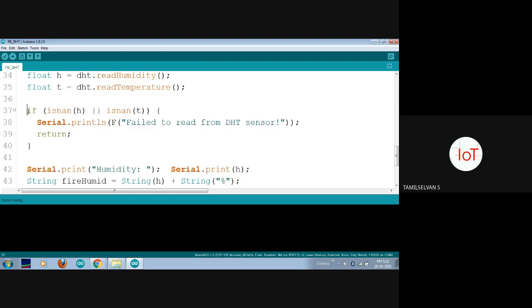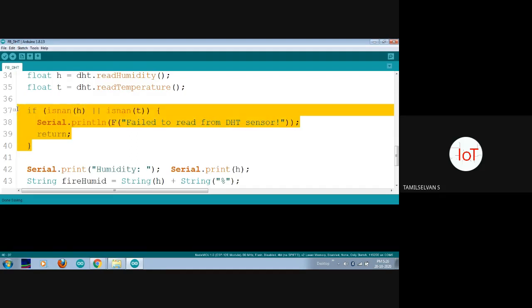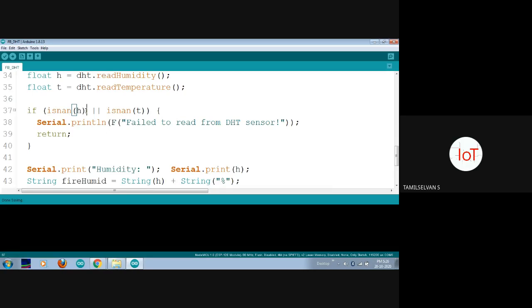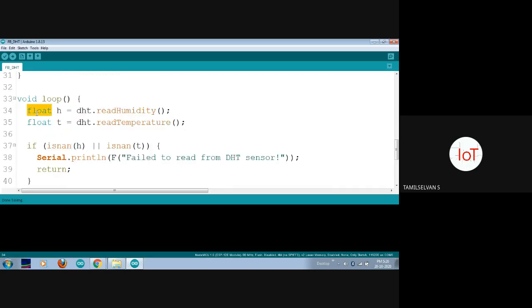And next one, on some occasions, due to a connectivity problem, your sensor may not give you the right data. It will give you some irrelevant data like infinite data or not connected. Likewise, many problems can come. So if any failure in reading your sensor data occurs, then we have to just return back to our original line and look for the sensor's input. If not, it will send some string to our cloud. Fortunately, we are defining the data type as float, and we will be sending the same kind of data to the cloud also.